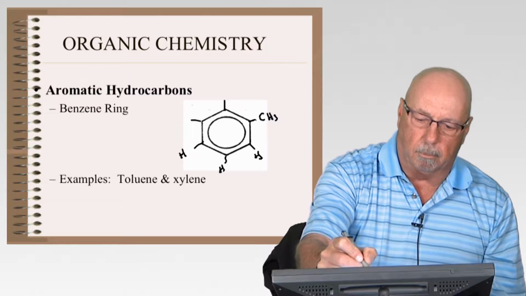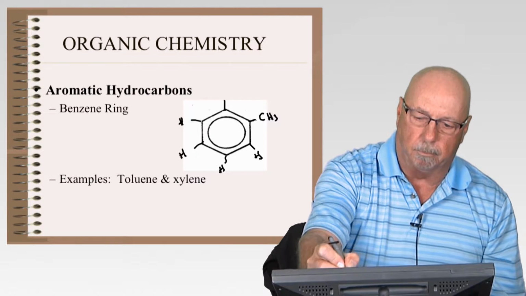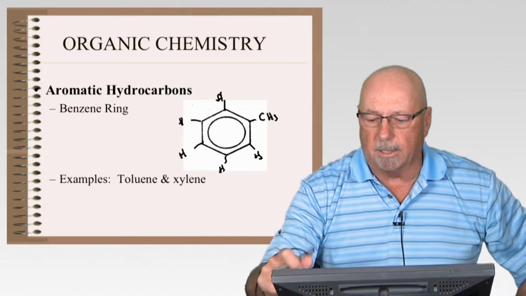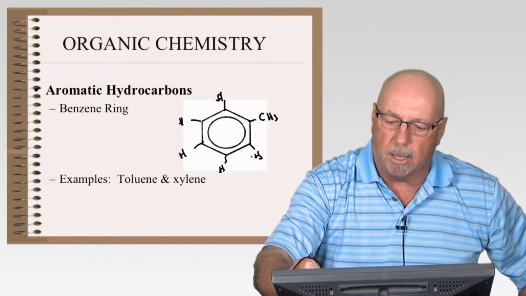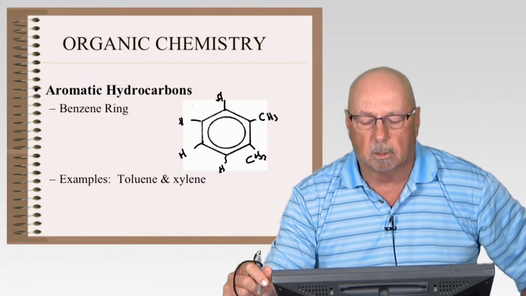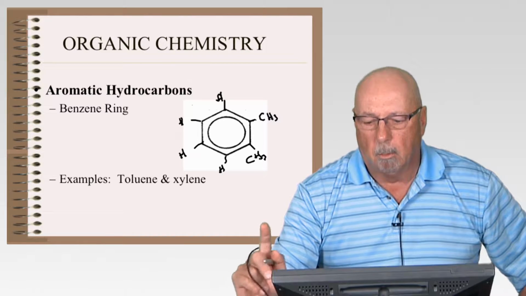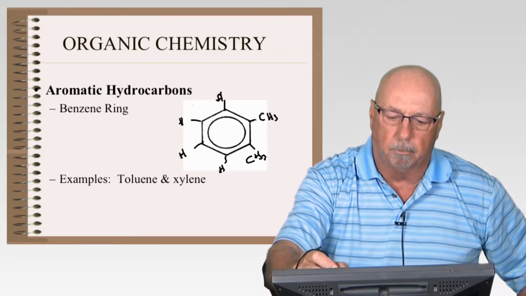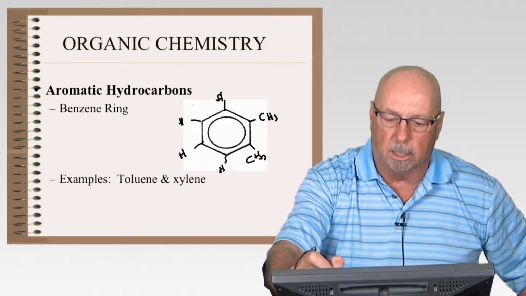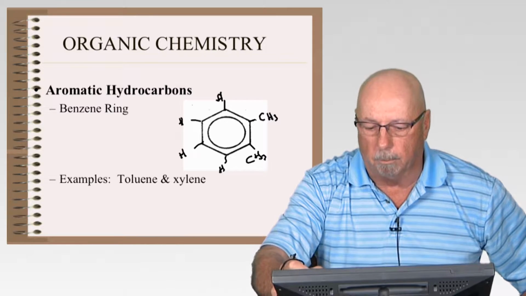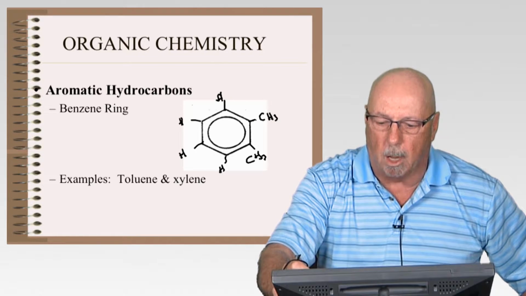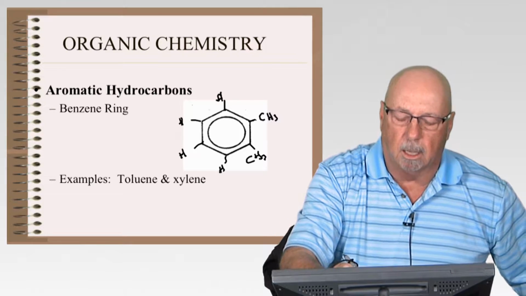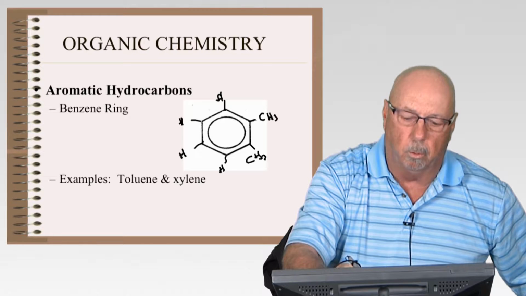And this particular structure then is actually the structure for a toluene. Now, if I wanted to add a second methane group on this chemical structure, I can do so. But by adding this, I can put this second structure anywhere on this benzene ring. I can put it in this location, and so on. And so what often you'll see is a numbering system or a nomenclature system that will tell you where you